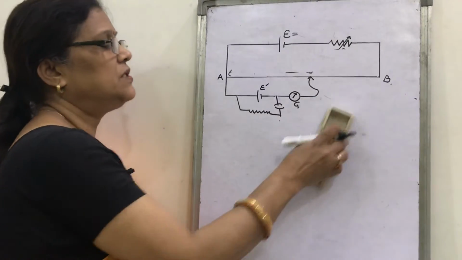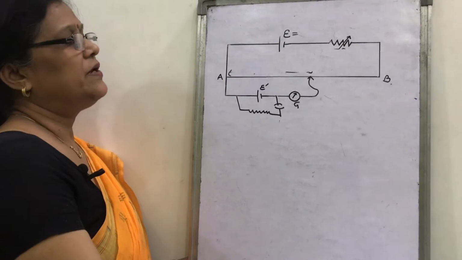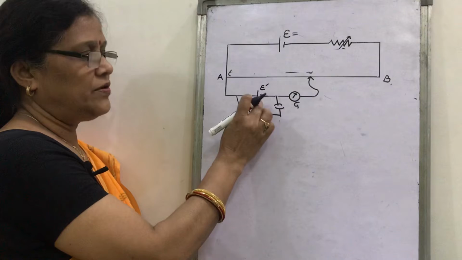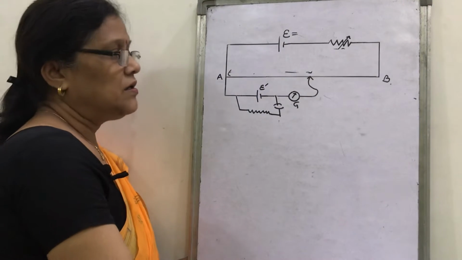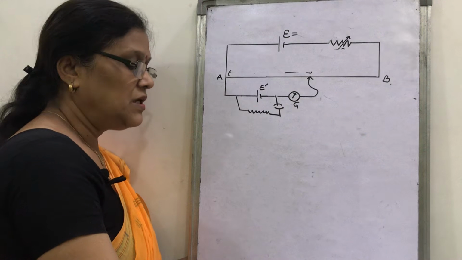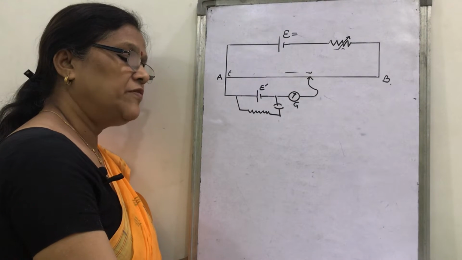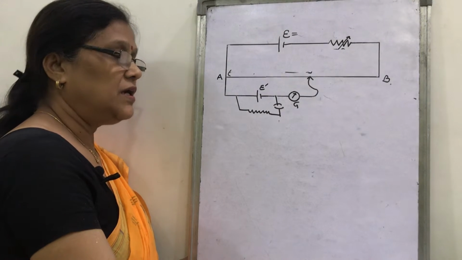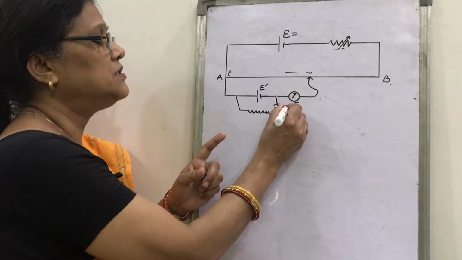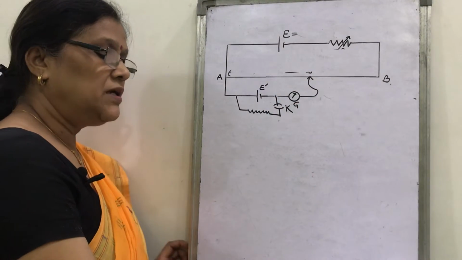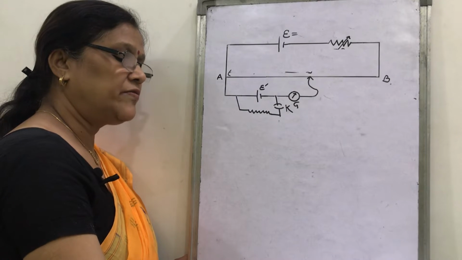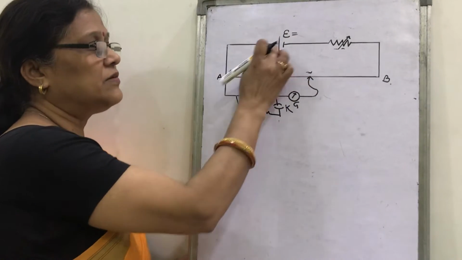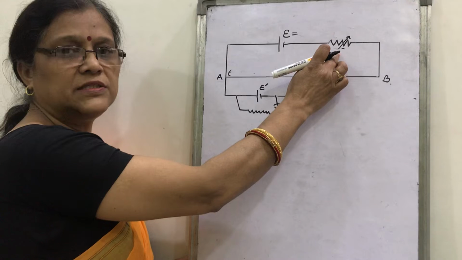I am reading the question. This is the question given that in the circuit diagram to find the internal resistance of primary cell, the question says that, in the question, the circuit is given to find the internal resistance of cell E dash. First part, when the key K is open, this is the key K, this is open. How does the balance point change if the current from the driver cell decreases? So it is given that current from the driver cell decreases. So with the help of rheostat, current is decreased.